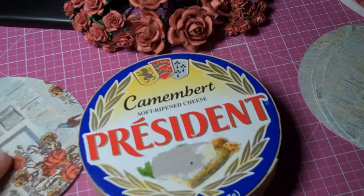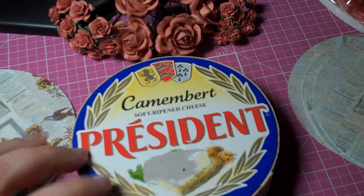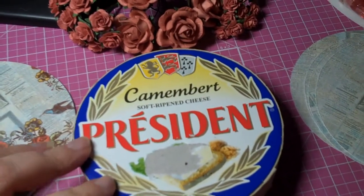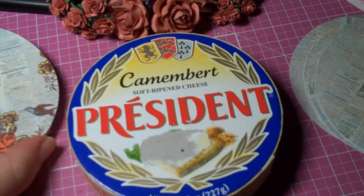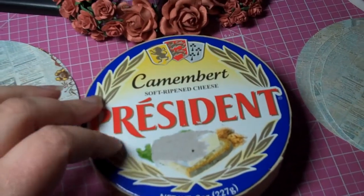Hi everyone, what you're looking at is leftovers from our dinner last night. It's actually just the packaging. We had a fresh French baguette with camembert and pears for dinner. I know it sounds weird, but sometimes that's just all we're in the mood for. And it was really nice because now I have this little container left over that I could do something with,